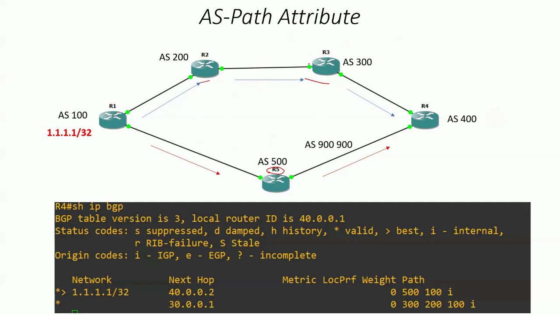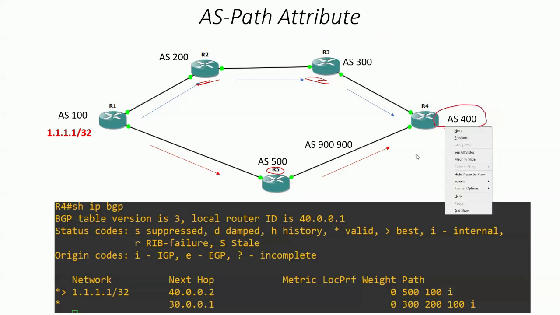Let's say your manager says that we have some issues on this path and I need you to route the traffic to the other side. That's where your attributes or some extra configuration is needed. So let's understand first, and then we will go on to the lab portion. By the algorithm, when any route is received